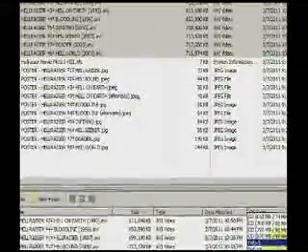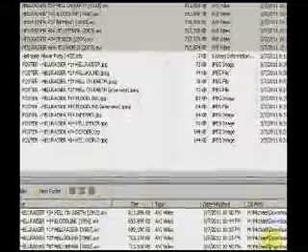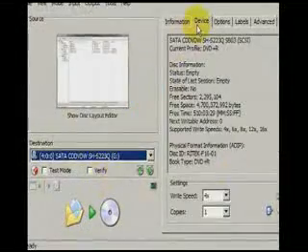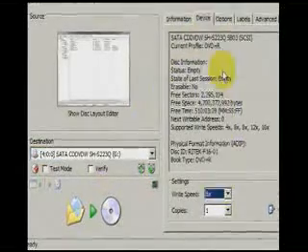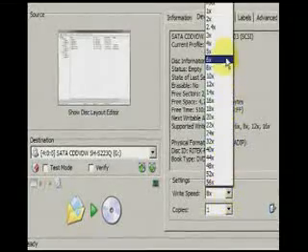On the bottom of the window, you'll discover a blue bar making its way from left to right. This blue bar indicates how much of the disc will be filled by the files you've selected. After you've selected too many files, this bar will turn red. At this point, some files must be removed in order to continue. Once the selected files fit within the confines of DVD capacity, which is 4.3 gigabytes, you are ready to create